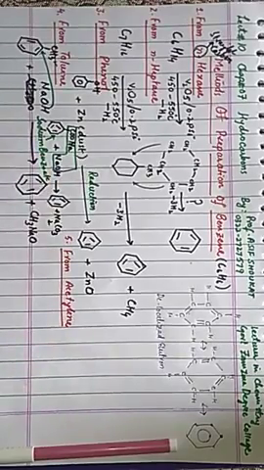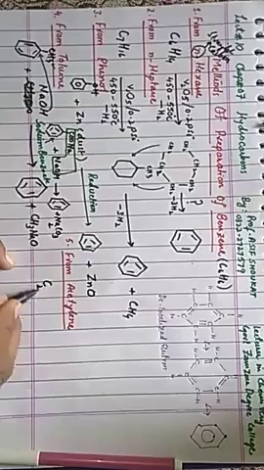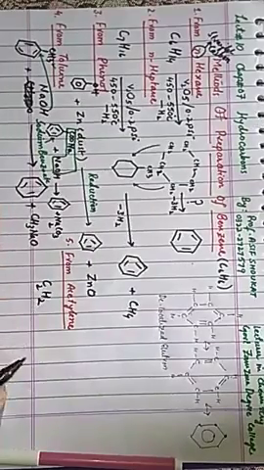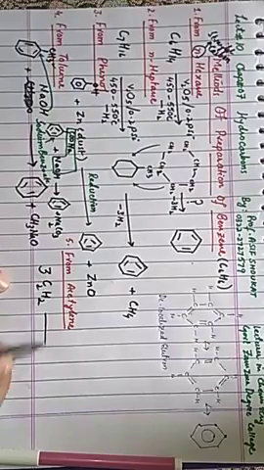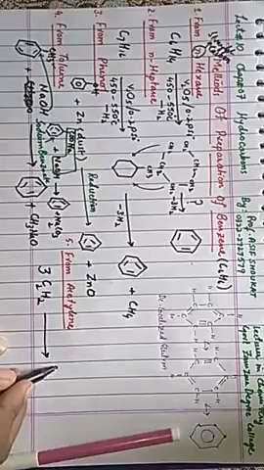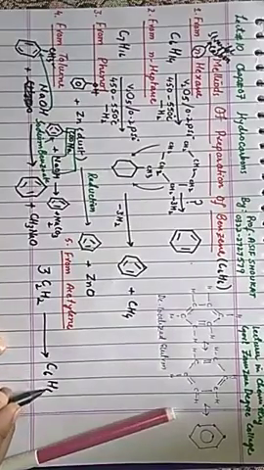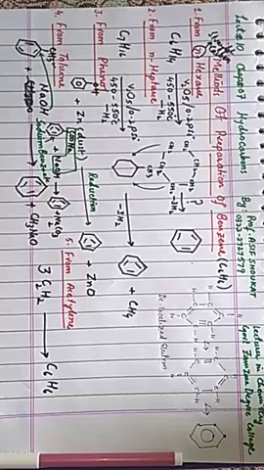Come to the final and the last method of preparation of benzene, from acetylene. Acetylene is C2H2. It is ethine. Common name of ethine is acetylene gas. When three molecules of ethine or acetylene polymerize, they will make benzene. What is polymerization? The process in which smaller molecules combine to produce a large molecule. Its mechanism can easily be understood. That's all about the preparation of benzene.